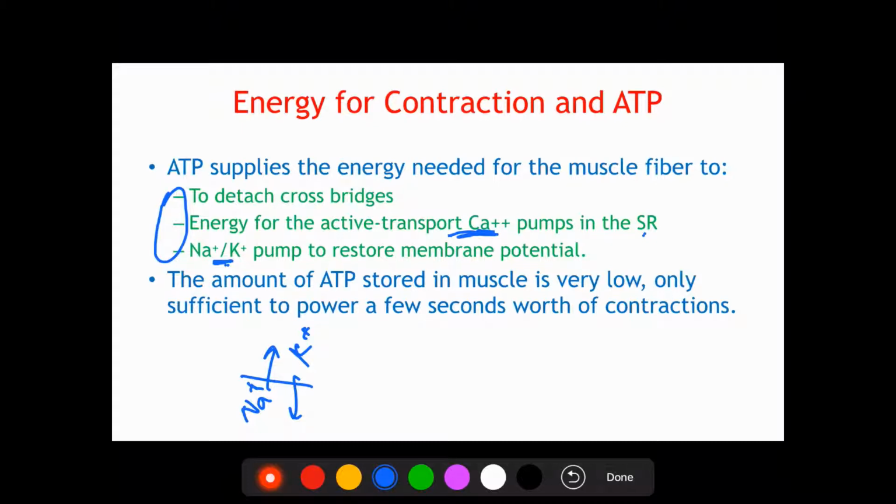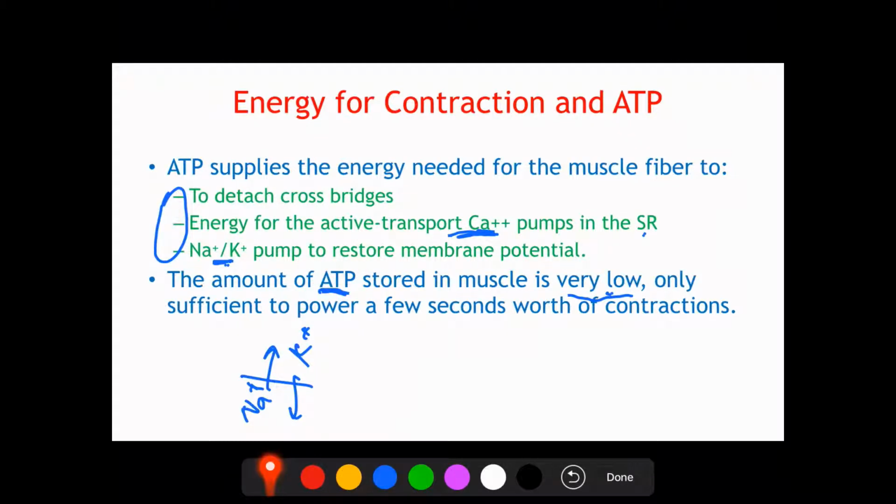Now, it depends on the type of muscle. We have various amounts of ATP stored in these muscles. However, in all of them, muscles store very limited supplies of ATP. Some muscles will have more, some will have less, but in general it's very low, meaning it's going to run the muscles only for a few seconds worth of contractions. However, if the muscle is going to contract more than that, it has to produce ATP. And that's why we have a lot of mitochondria in the muscles, because we are producing and requiring